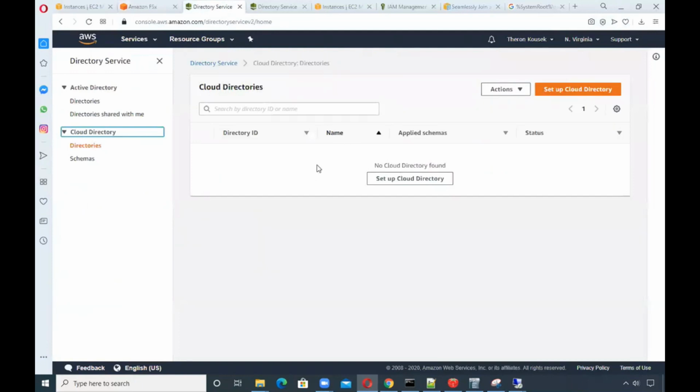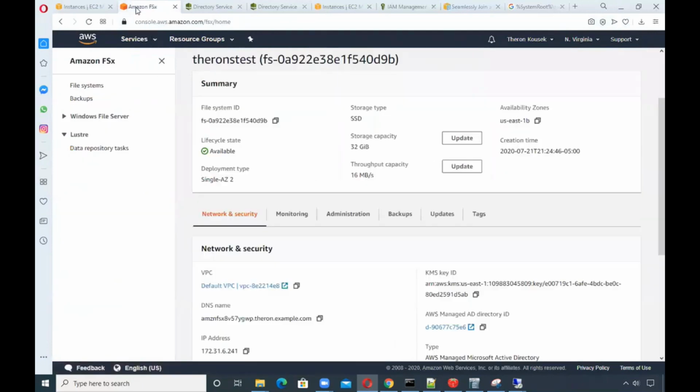And it's important that you created an Active Directory service, or realistically in your own company, you would just connect to your regular Active Directory over the network if you're not using AWS or something of that nature. But I think that is the end of this demo, and what I'm going to do is delete the file system, the FSx share, tear down my two instances, and then delete the Active Directory so that I don't incur more